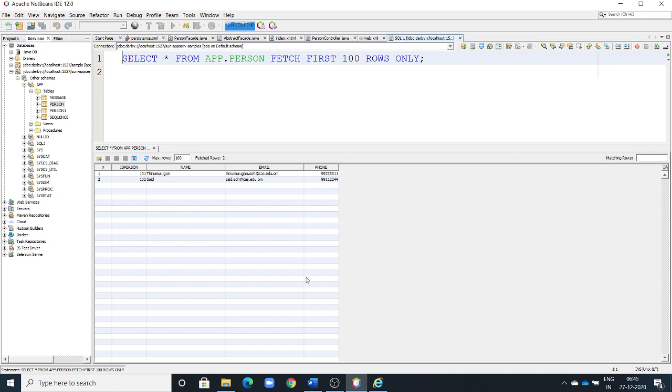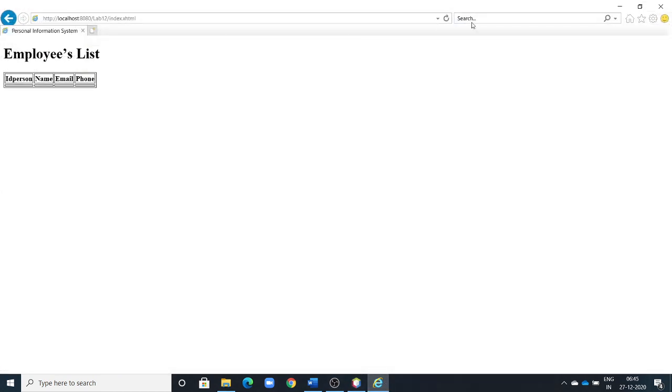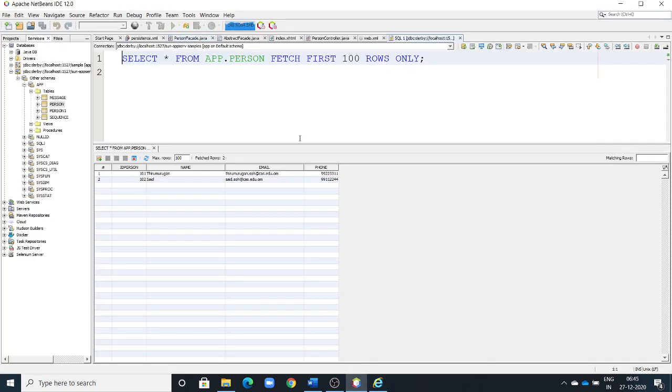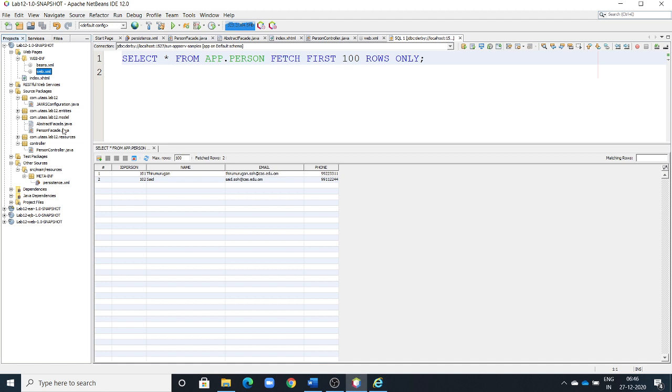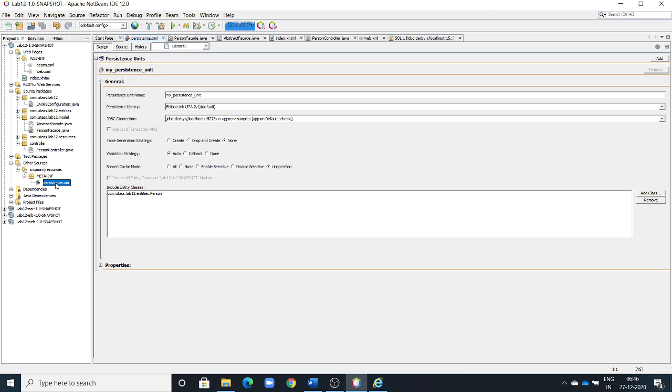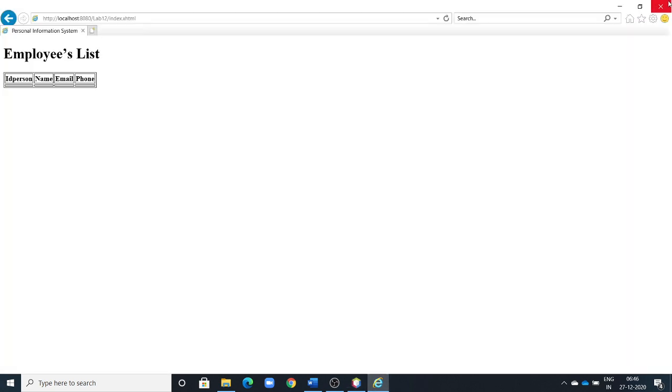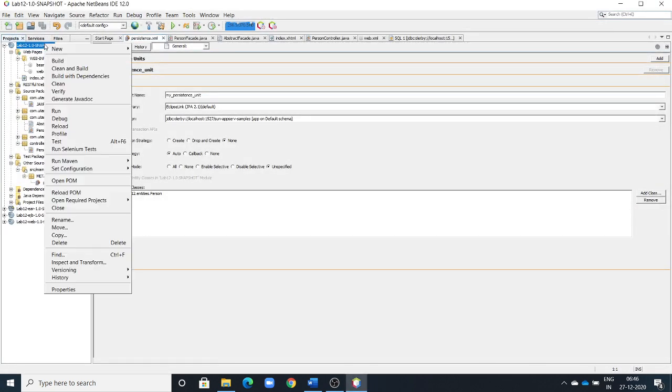Now I have two data that must be displayed here. Therefore it is not showing, where is it? Yes, we'll check our persistence.xml. Yes, it is correct.